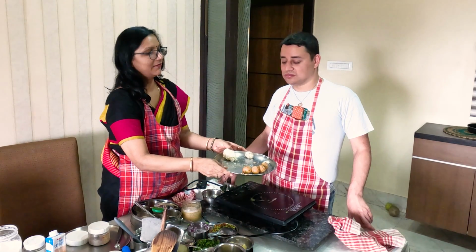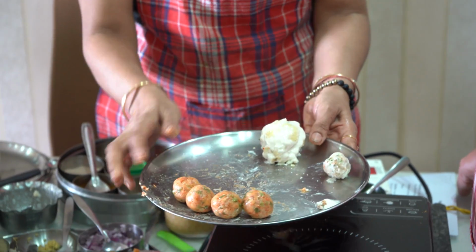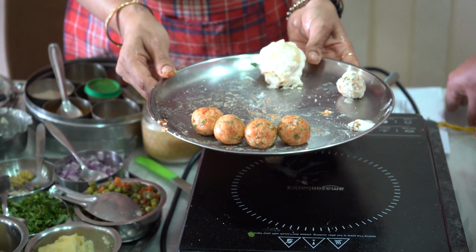So the koftas are ready here. We will deep fry all these things. Now we will be